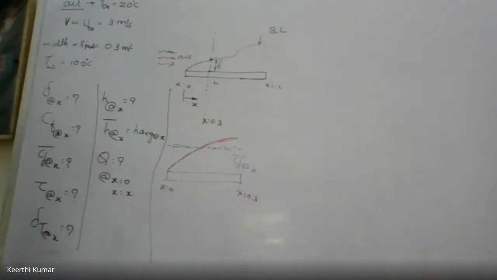And the total drag force, F. He is asking for the total drag force between x equal to 0 and x equal to 0.3. Also find the value of XC, that is the distance where the Reynolds number is 0.5 and the flow turns turbulent. That case I'll take up later.